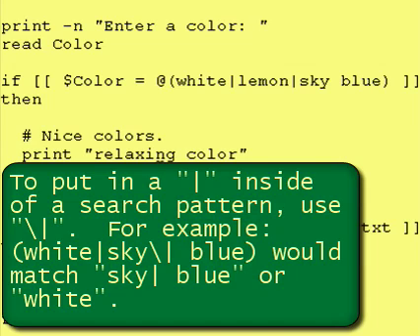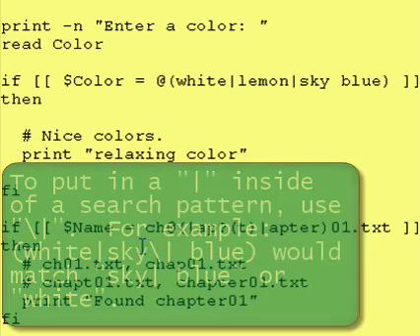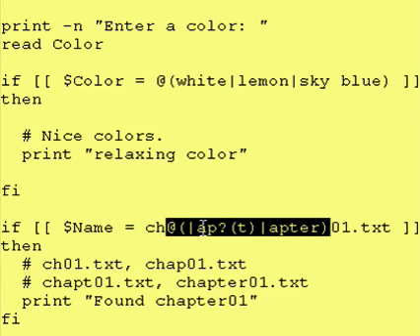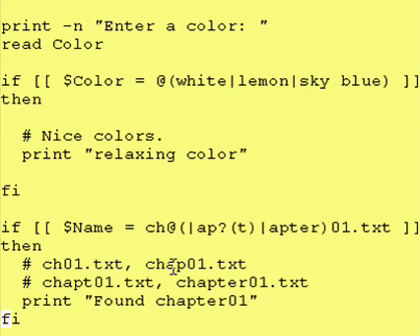And the last example I want to show you is a little more complex. We did something like this with the last lesson. So let's take a look at it. Let's break it down. Let's digest it. Okay, we know what's required is a ch at the beginning and a 01.txt at the end. Now, we also know that we are required to have one of whatever is inside of the parentheses here. So let's take a look at our choices. The last choice is the easiest one to figure out. It's APTER, so